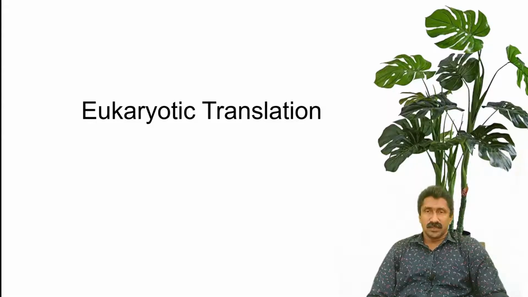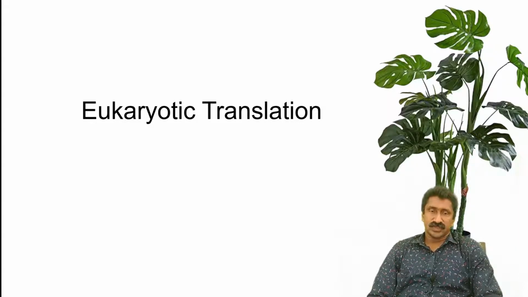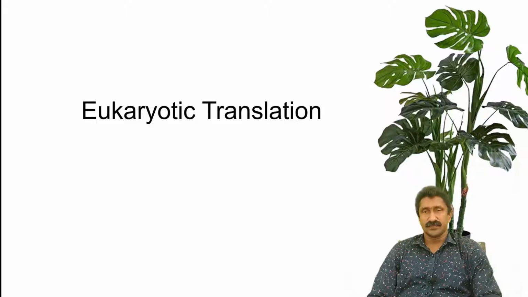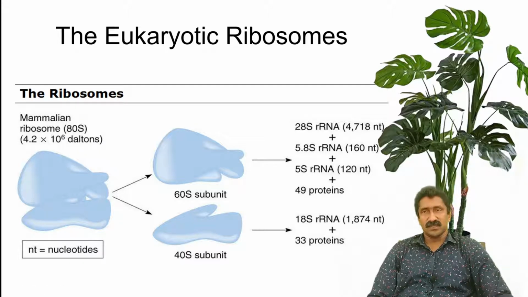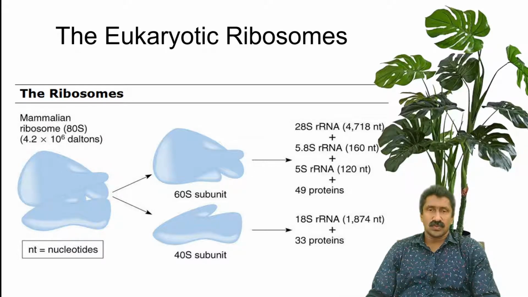Today we will continue with eukaryotic translation. So that is the third part of the protein translation topic. As we discussed in one of the previous sessions, the structure of the eukaryotic ribosome, that is the translation machinery in eukaryotes, has two units, a smaller 40S subunit and a 60S subunit,